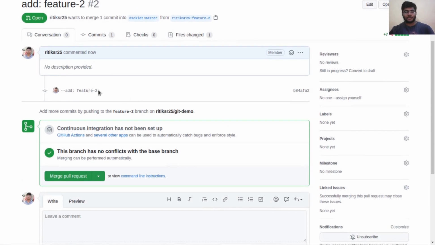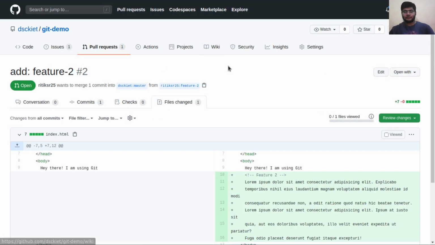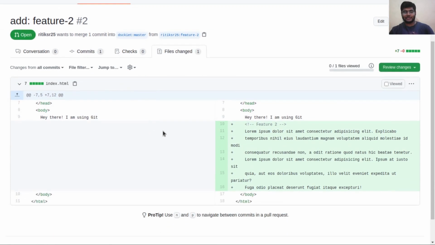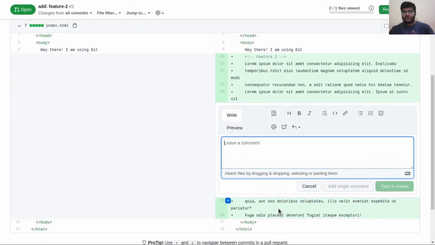So suppose this feature 2 is okay. So some reviewer came here on this pull request. He checks, okay, this developer has made all these changes, and I am satisfied with the changes, so he can approve this pull request. Otherwise, if he thought that there is some issue, he wants to add a comment on this specific line of code, he can use this feature, click this plus button, and write the message he wants to discuss here. So let's call it test message right now.